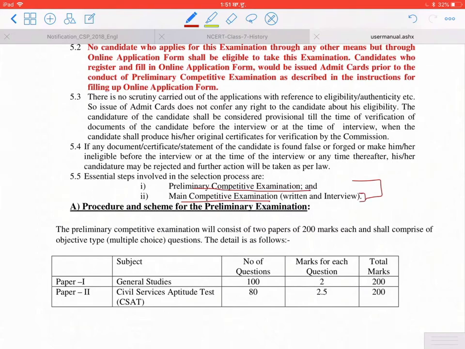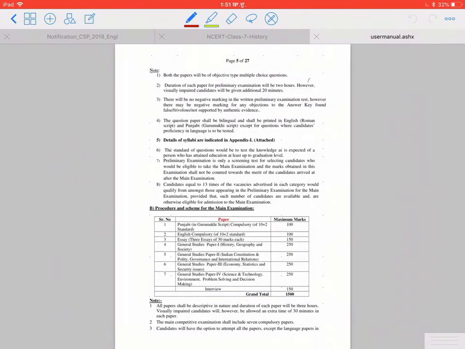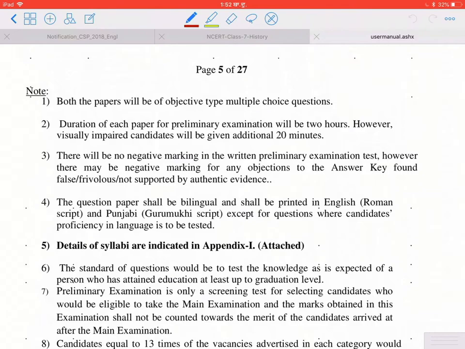So it consists of two components. This is paper 1 and paper 2. Paper 1 is your general studies, and the second is CSAT, more or less your UPSC pattern. It consists of 100 questions, with 2 marks for each question in general studies and 2.5 in the case of CSAT. Total will be 200 each and combined will be 400. Both papers will be objective type, duration 2 hours, no negative marking,